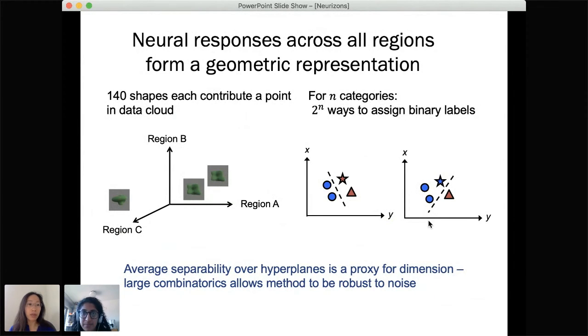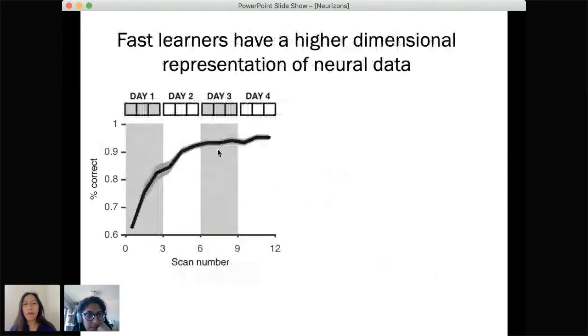And then now we can look at some of our results. So what happens when we look at the dimension of this data cloud for our individual participants? As I had told you, by the end of the second day, they had all been doing pretty well. This is the accuracy. But actually, what was different among the participants was that at the end of the first day, there was quite a large variance. Some of them had learned this, and some of them had not. So we use their performance at the end of the first day as a proxy for how fast they learn.